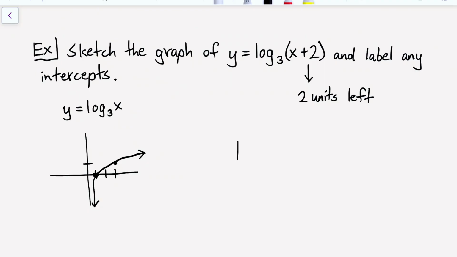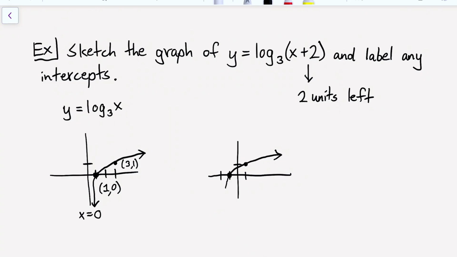The transformation here is affecting the x values, and all of the x values are moving 2 units to the left. So when I sketch our new graph, y equals log base 3 of (x plus 2), instead of a point at (1, 0), we're now going to have a point at (-1, 0). Instead of a point at (3, 1), we're now going to have a point at (1, 1). So it looks like my logarithmic function